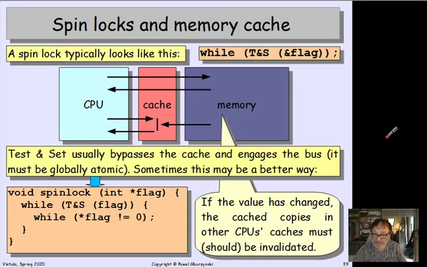And here we have another little issue, or maybe non-issue, depending on which way you want to look at it. Remember test and set? This operation in a single atomic step reads the value of a variable and sets it to some known value like 1. The operation must be atomic with respect to any other threads that may be executing at the same time and looking at the value of the variable, which means that its implementation must necessarily circumvent all caches, affect the authoritative copy of the value in memory, and then make sure that while the operation is being carried out